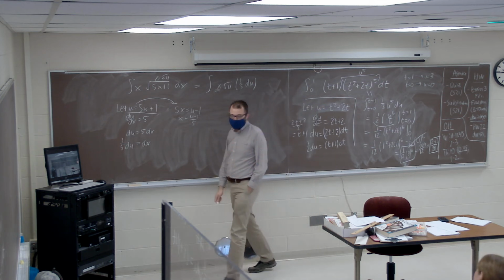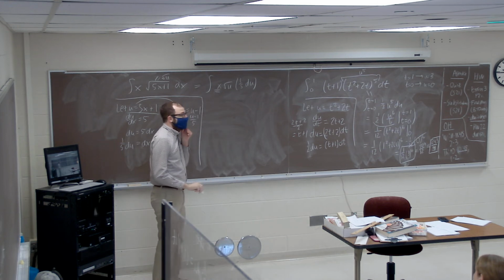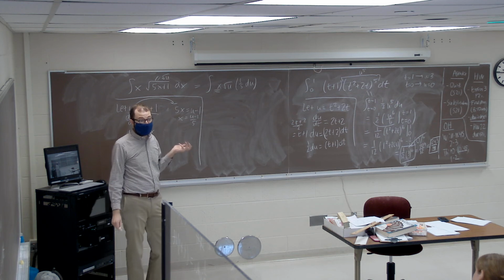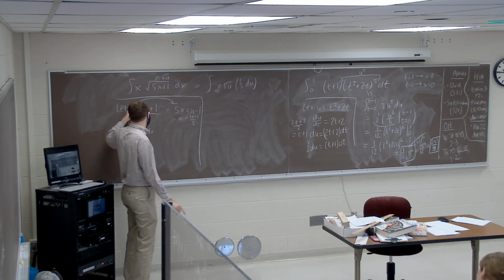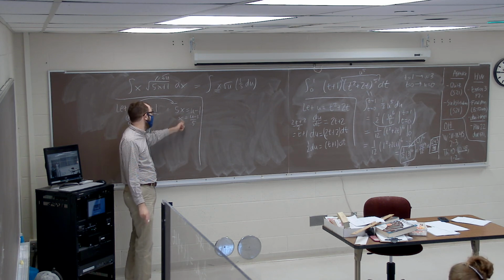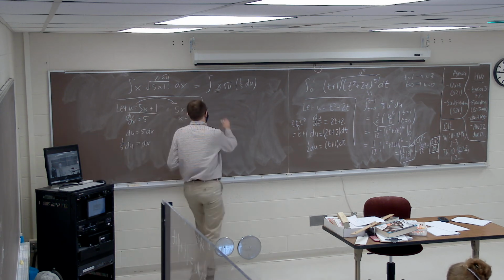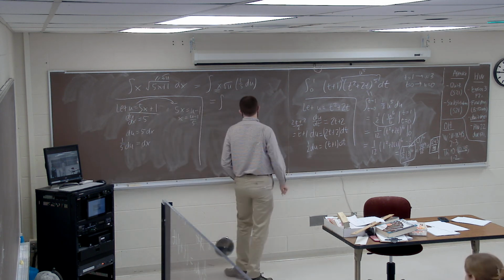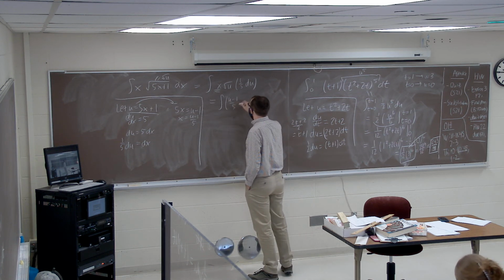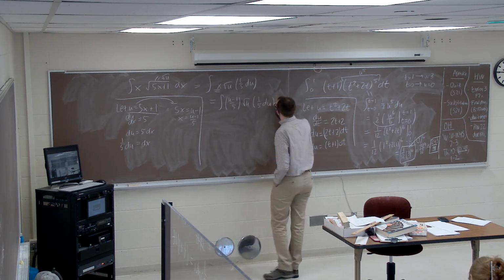Okay, so Danielle's proposed something interesting. She's proposed that if u equals 5x plus 1, that's an equation we should be able to solve. That gives us a way to write u in terms of x, but we could also rewrite it to find out how to write x in terms of u instead. And so then if we rewrite this integral, it'll come out to u minus 1 over 5 times square root of u times 1/5 du.